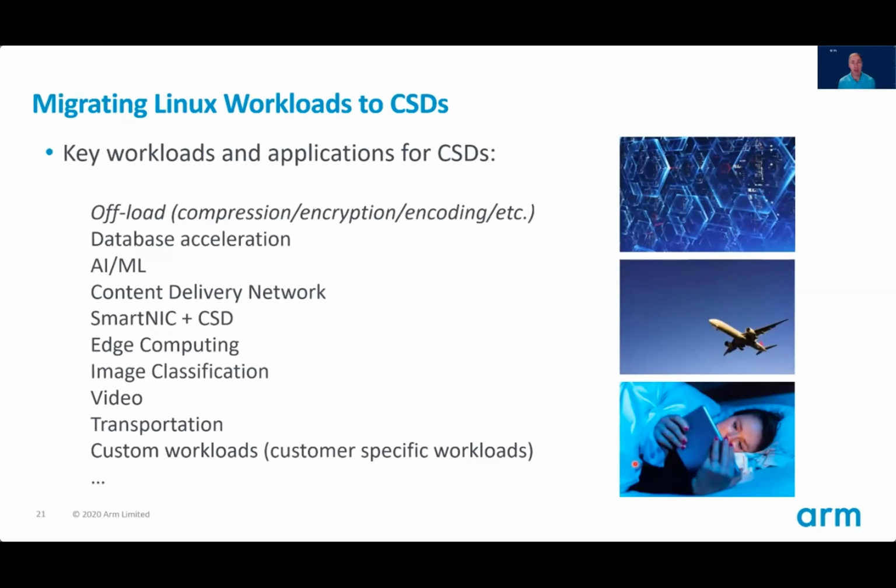Content delivery network is another great example where maybe you've got your movies that you want to stream to various devices, and on the drive itself, you can re-encode the data at various bit rates for the different size screens that users are using to view that content. Image classification is a great one for computational storage, running machine learning type workloads to look for images or types of patterns in images. Transportation, with lots of telemetry data in airplanes, for example, and high definition map data for autonomous vehicles moving forward. So lots of applications for computational storage.